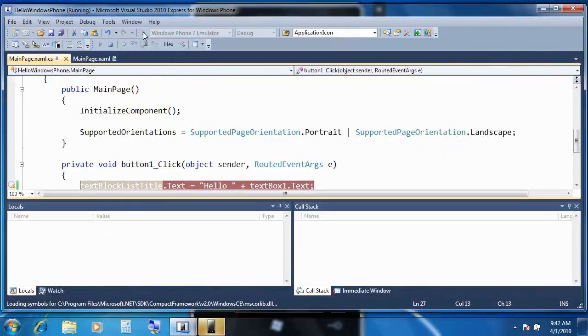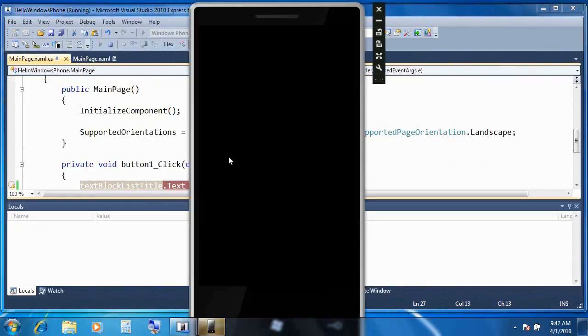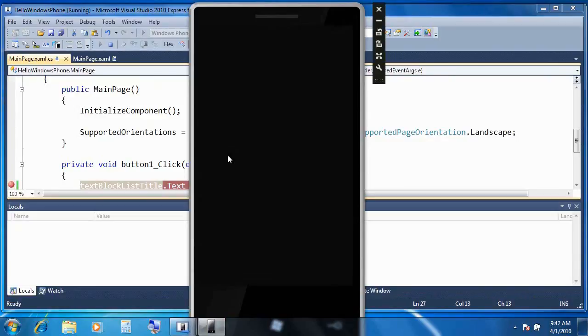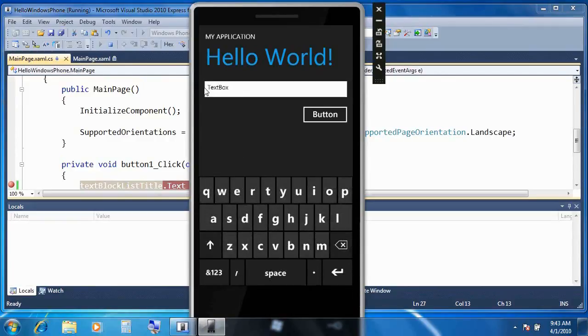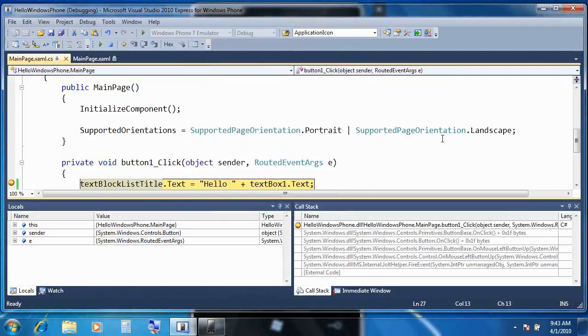Now notice that the emulator actually comes up a lot faster, because in this case I only need to deploy. I don't need to worry about bringing up the emulator state. So this time around I'm just going to use the physical keyboard as opposed to the on-screen keyboard from the emulator. Quickly type in a name and click the button, and just like you'd expect, we're going to hit that